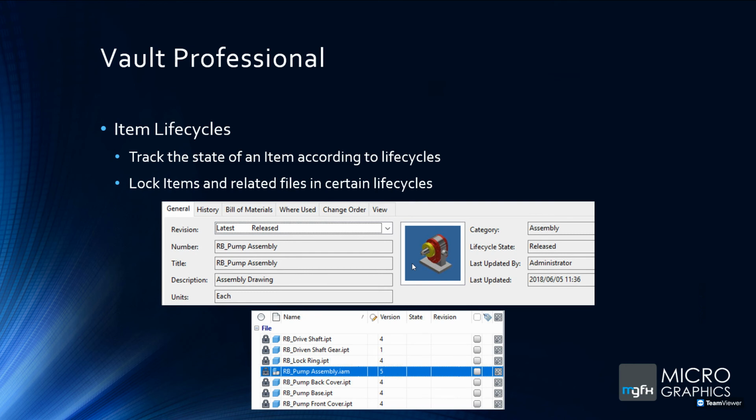Then with the introduction of items, you'll also get item life cycles. So very much the same way that you would work with your file life cycles, items work with item life cycles. So you can track the state of an item according to its item life cycle. So if we see here